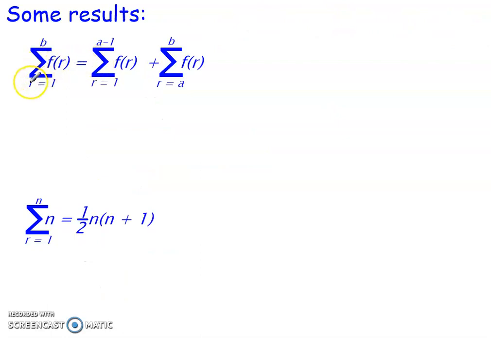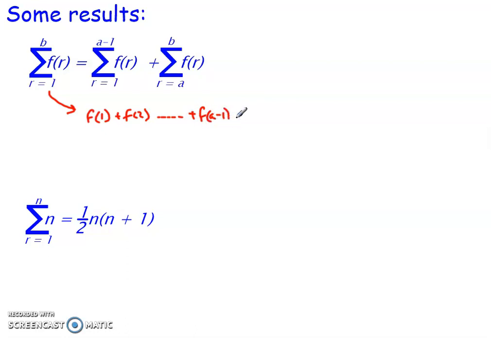Next property is that the sum from r equals 1 to b of f of r equals the sum from r equals 1 to a minus 1, so a is just some other value between 1 and b, of f of r, plus the sum from r equals a to b of f of r. So if I take this one here, I'm going to expand it out, and I'm going to say that that's f of 1 plus f of 2, and I'm going to continue on, and then I'm going to add in a plus f of a minus 1, so